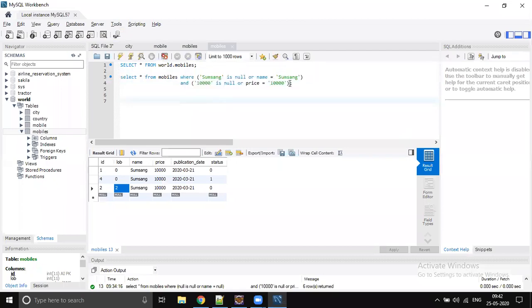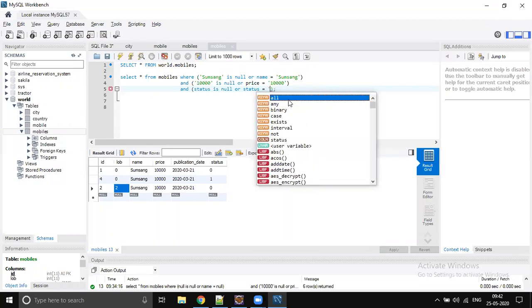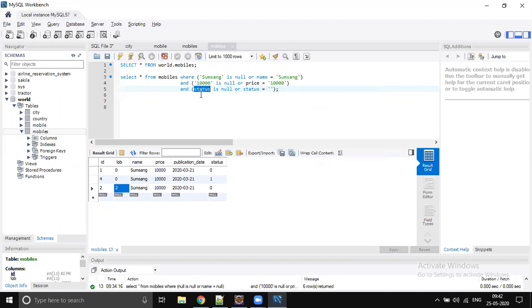And let's apply the remaining columns also. And so status is null. To write this kind of queries, you should be good in SQL. Status equals the actual column value. If the column value is coming, it will be populated. If it is not coming, then it will be generated as null, and like this. But anyway, this is not good practice.